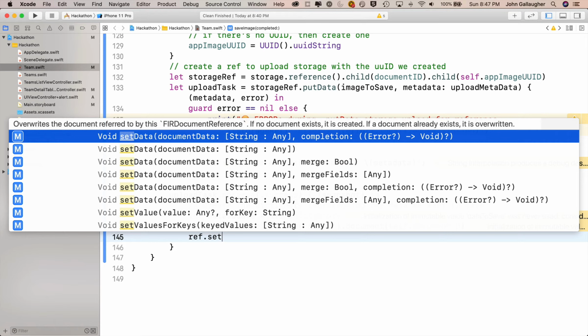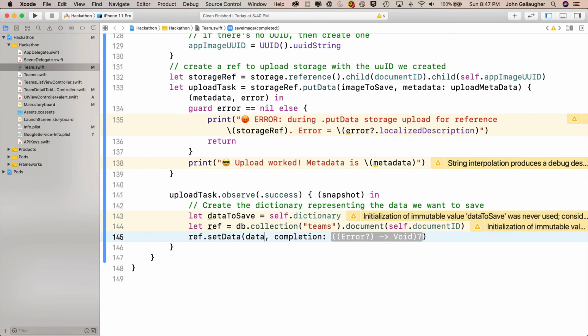And if a document already exists with that reference, it will overwrite it. That's totally cool. We want that. Press return. Our dictionary is data to save. Double click on the completion handler. It gives us trailing closure syntax. Yippee! Why don't we call our optional error just error, and we'll handle the error by saying if let error